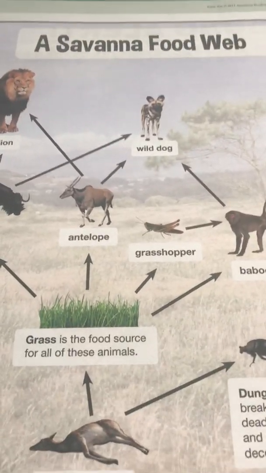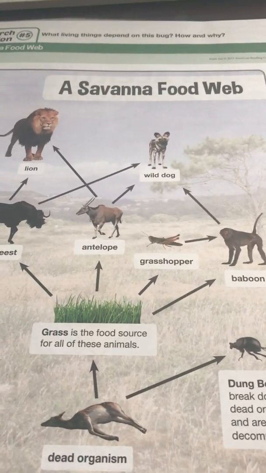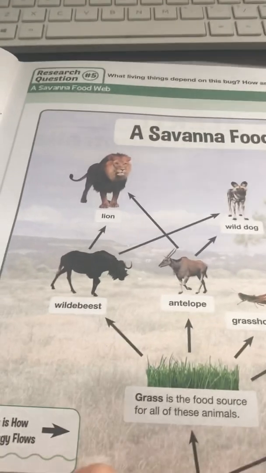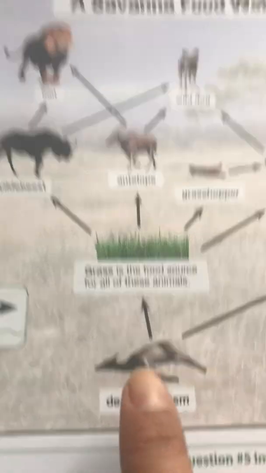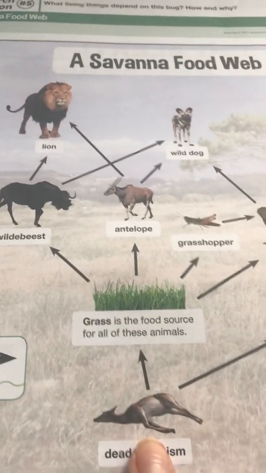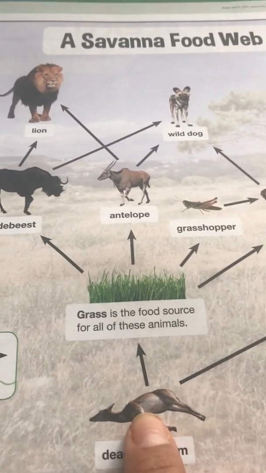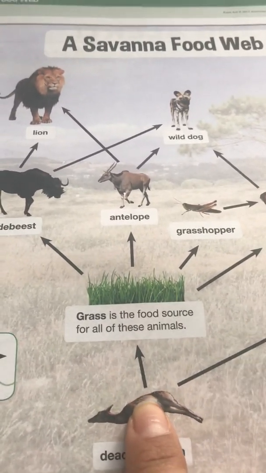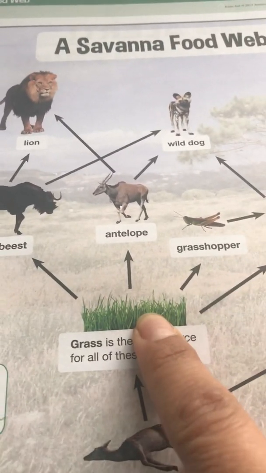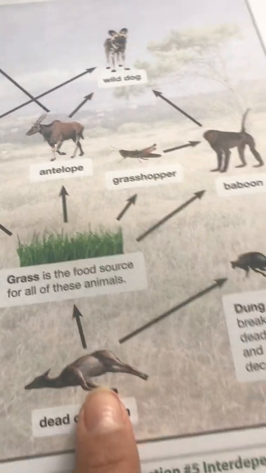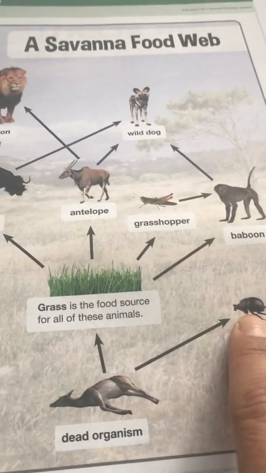A food web is how the energy from an animal or a plant is transferred across other animals to provide food for their survival. And the arrow shows the direction in which the energy is being transferred. So, for example, when an animal dies, it transfers energy. As it decomposes, some of those nutrients will go into the soil, which would feed the plants and let them grow, such as grass. That dead animal can also allow other animals like dung beetles to feed on it while it decomposes.